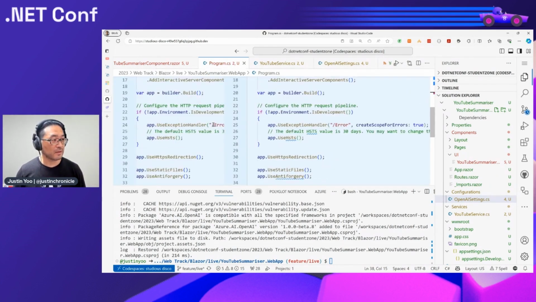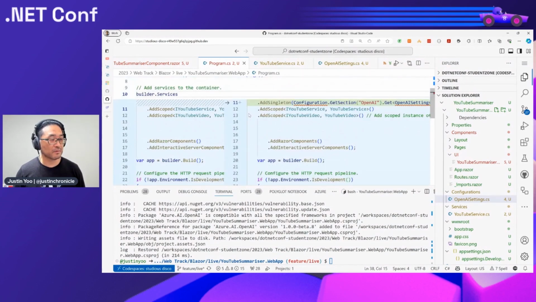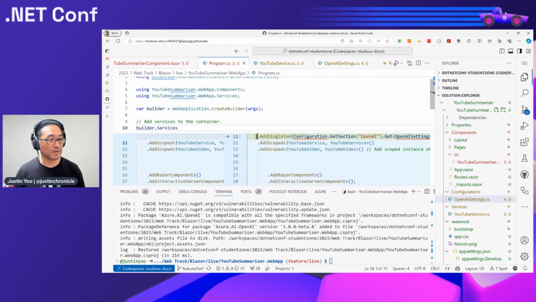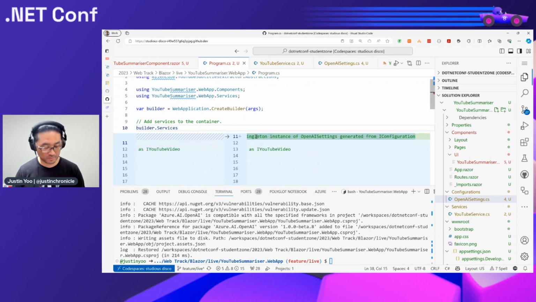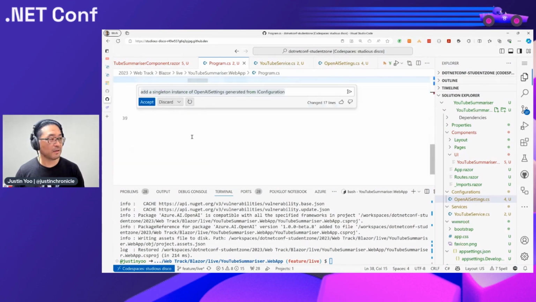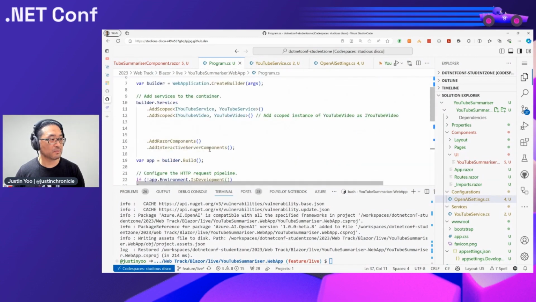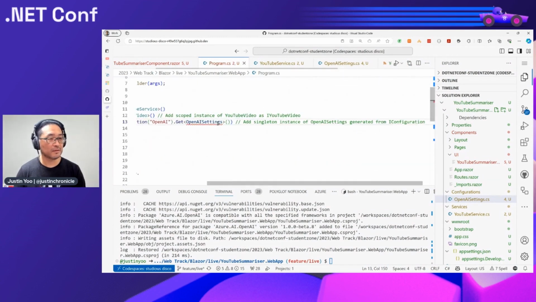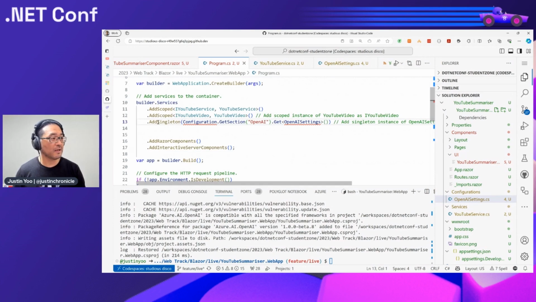Okay, it adds something very scary, but I don't need other things. Only I need this part. So I'm going to copy this line and just remove it. And here, add this. So what it does is that it adds singleton instance, but it doesn't have anything yet. So I'm going to let the application know what the instance type is about. So OpenAI settings. Then